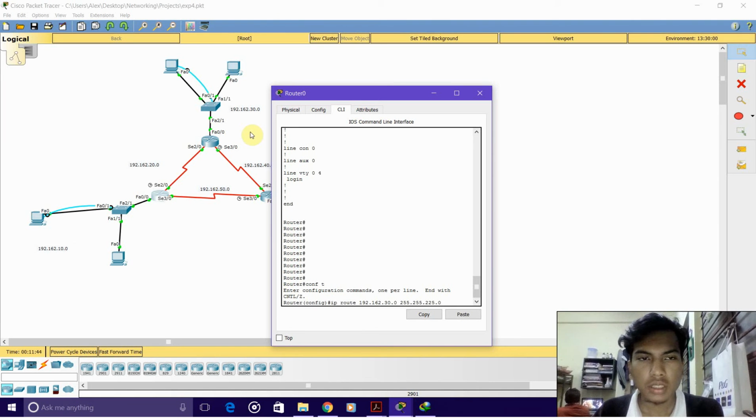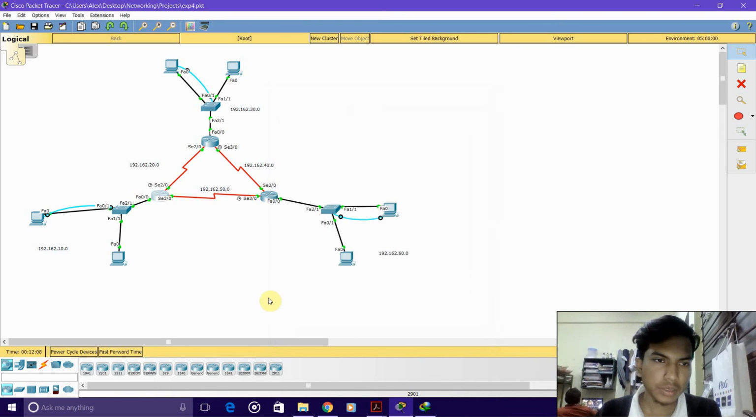And also the exit interface, that is either the IP address of the network it's starting from, or the serial port number from which this route will be taken. So for example, here it is exiting from serial 2, so we will give serial 2. And we'll close it. So using these commands, we have set a protocol